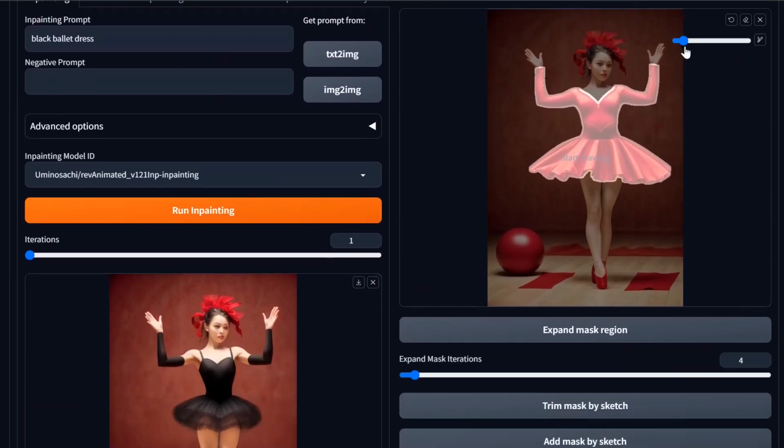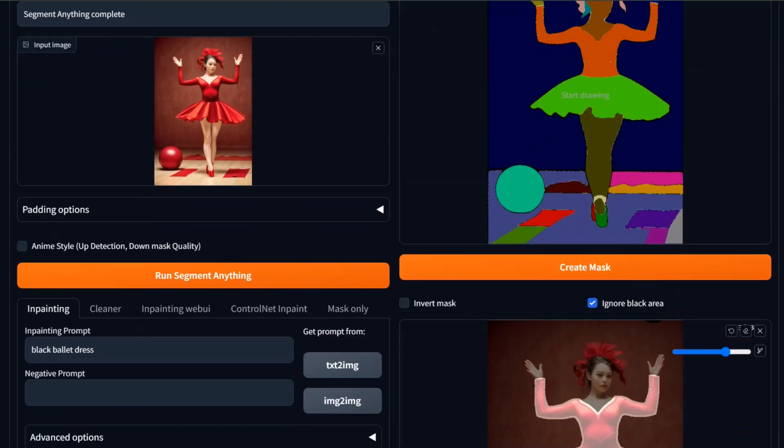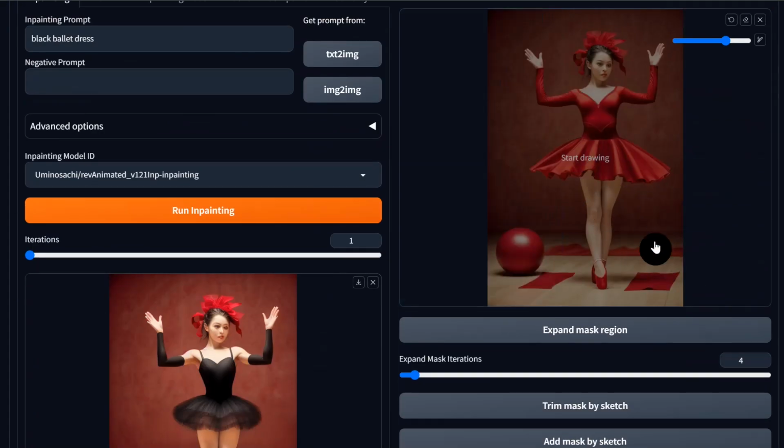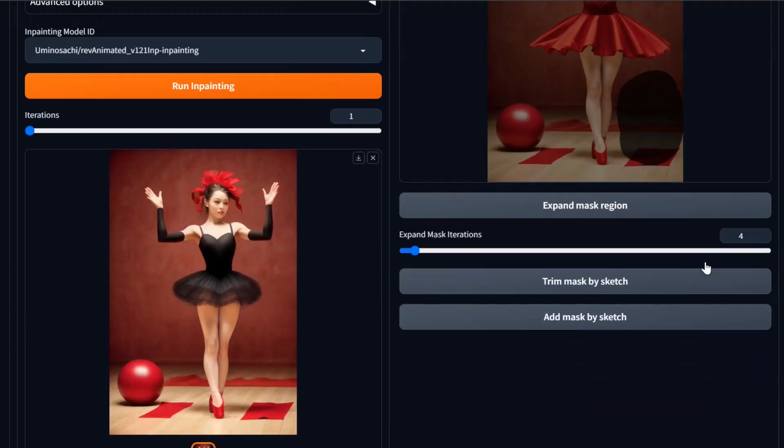So if I select this, let's come over here and mask out this area. Actually, let's wipe that out. Create mask. And we're just going to come over here. I have not done this before, so we're going to do this right here where there's nothing. There's nothing there other than a floor, the wall, and some sashes, right? And we're going to